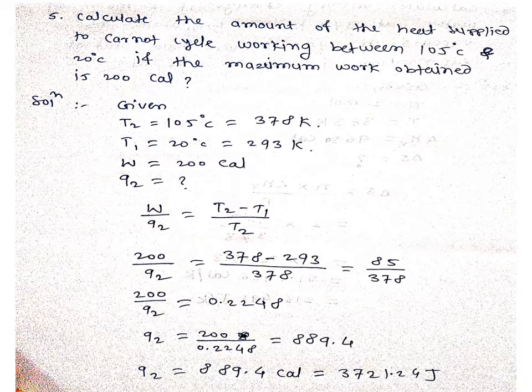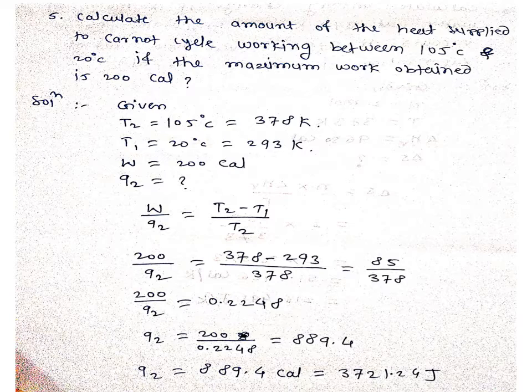Next problem, that is problem number 5. Calculate the amount of the heat supplied to a Carnot cycle working between 105 degrees Celsius and 20 degrees Celsius if the maximum work obtained is 200 calories. Solution: given T2